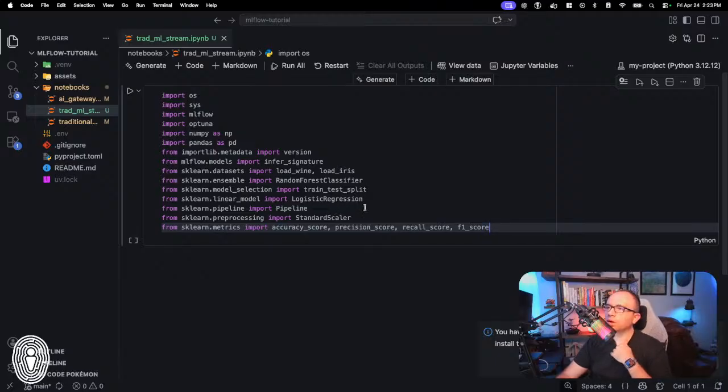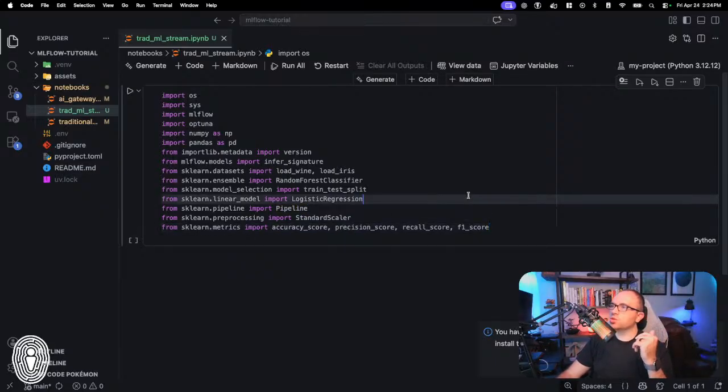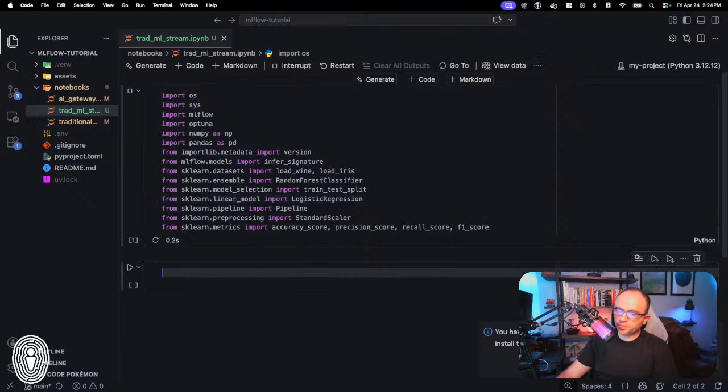So then we're just importing a couple of other things standard to scikit-learn: RandomForestClassifier and LogisticRegression as our model algorithms, train_test_split to do that train and validation split, StandardScaler to scale the data appropriately before we feed it into the logistic regression model, Pipeline to help manage the facilitation between the standardization and the model training, and then of course importing all of our validation metrics. So there's all of our imports.